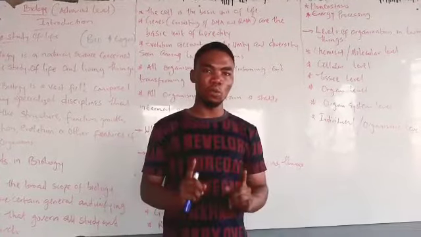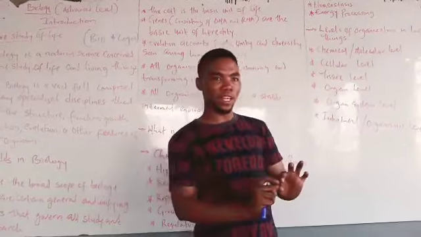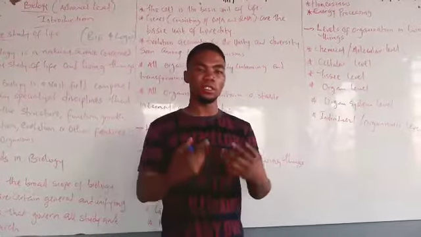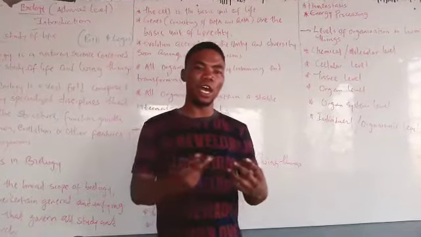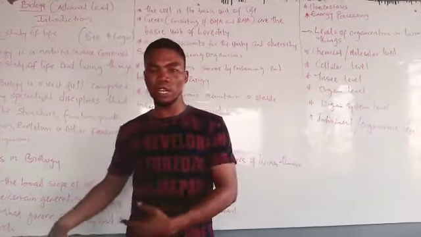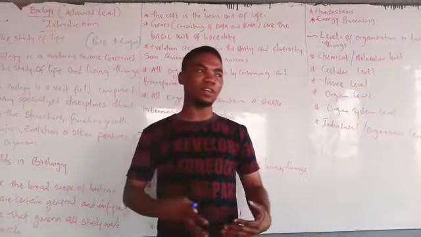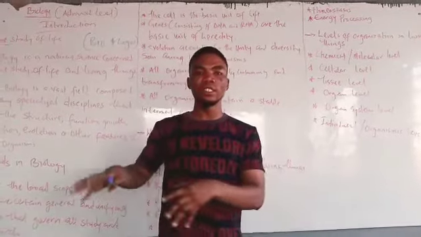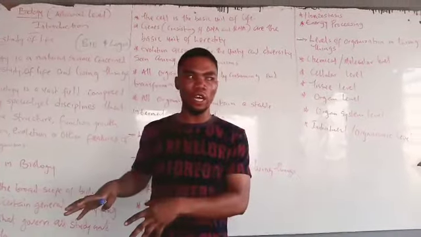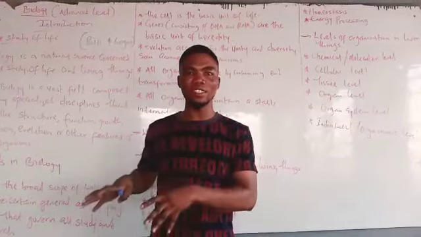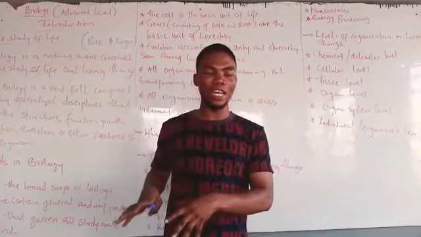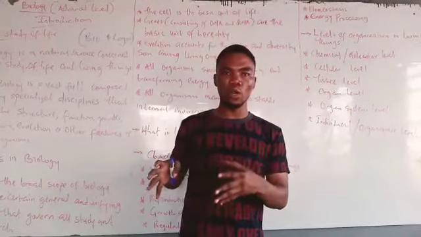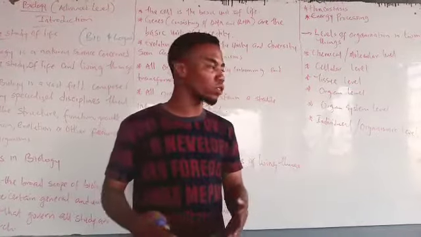But there are some organs in the body that have a part in one system and a part in another system. For example, the pancreas functions in 2 systems, the digestive system and the endocrine system. In the digestive system, the pancreas secretes pancreatic juice that aids in the digestion of the food we eat. In the endocrine system, it has a part called the islet of Langerhans, which secretes hormones such as insulin, glucagon, and so on and so forth.